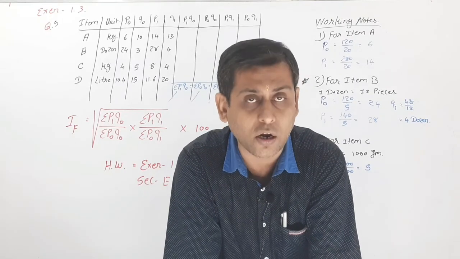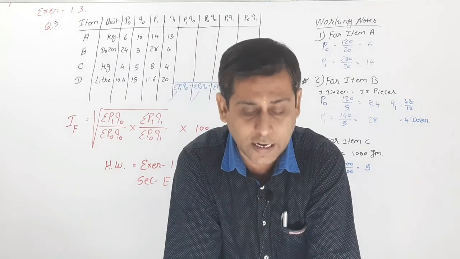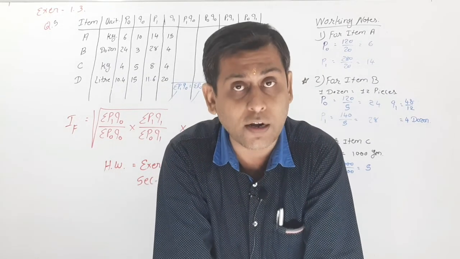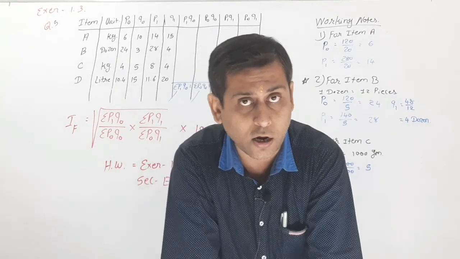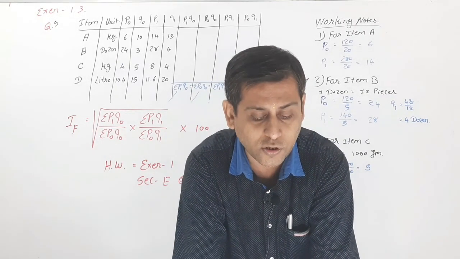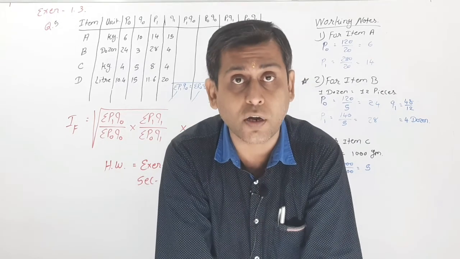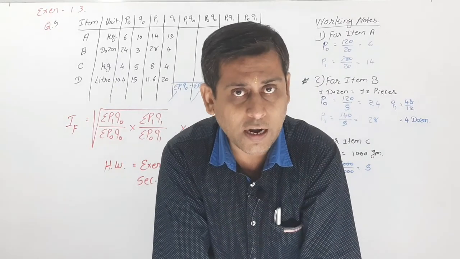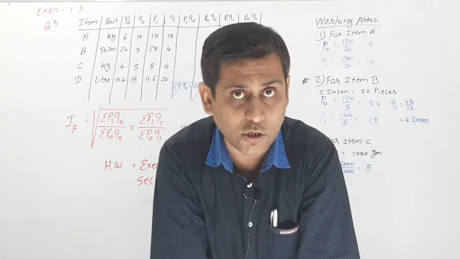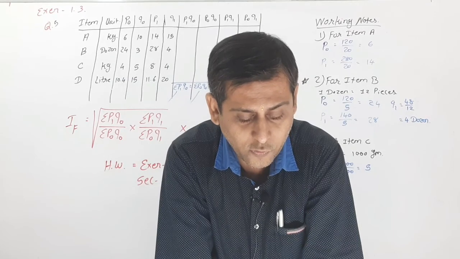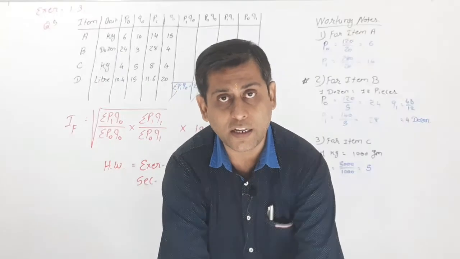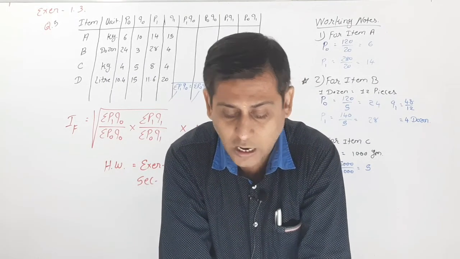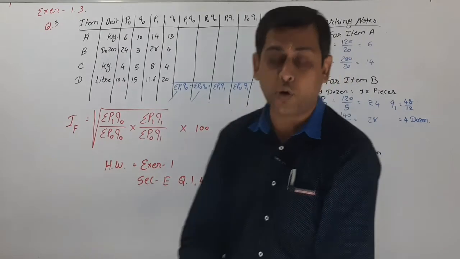See here, the unit column is given, but we have to ignore it because we don't need any quantity here, kilogram, dozen, meter, liter, because no quantity column is given. So you just have to find out the general index number, as per illustration number 2, right? P1 divided by P0, then total of sigma P1 by P0, and then divided by 5 and multiplied by 100, that is your general index number. So it is very easy. Now the question after 1, that is the 4th question.